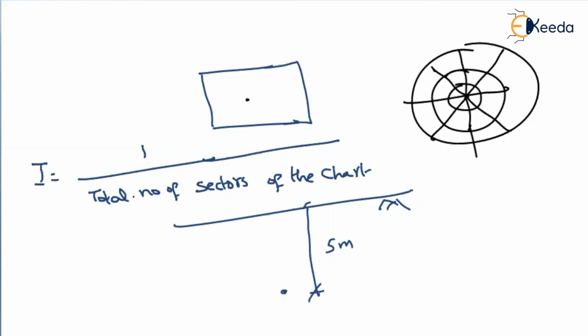By using that we can simply find the stress at any point below the ground surface, and this is very useful. You can find it for any type of loading and whatever the shape of the footing. This is the Newmark's influence chart method. In the next video we will see a problem based on this method. Thank you.